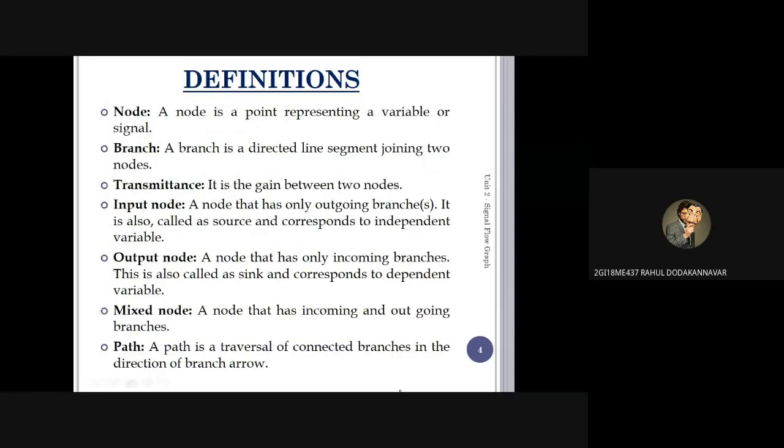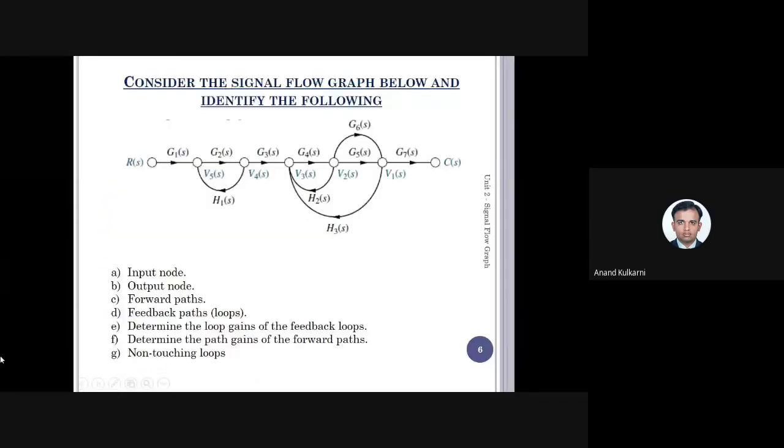So now, what is the transmittance, sir? Transmittance is nothing but the value that gets added between the nodes. As in this case, the signal starts moving. Initially, there was no value. The value which is associated with that branch is called transmittance. Simple. Remember this. The value associated with this branch is the transmittance. So the branch which is connecting node 1 and node 2 has a transmittance.